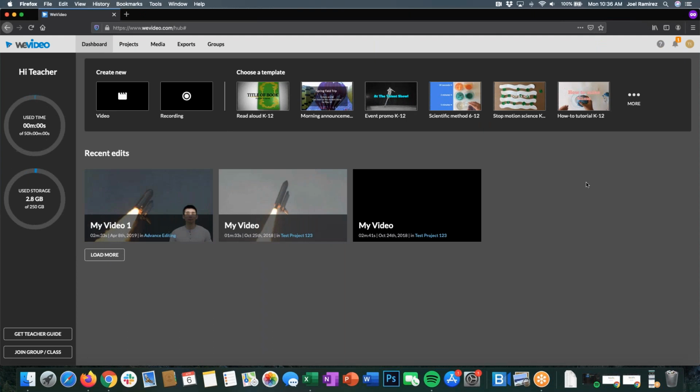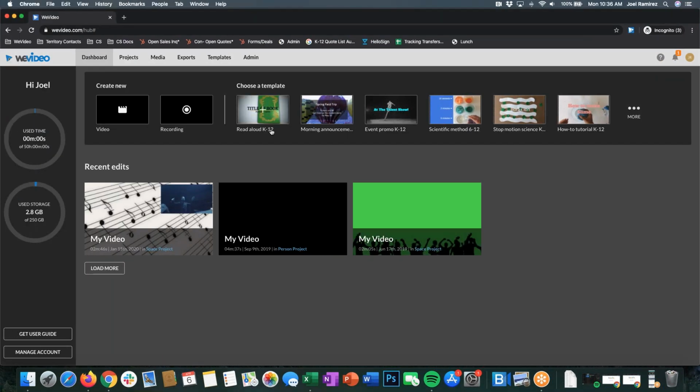Flipping back to the admin account here, I want to quickly go over the layout before we jump into it and go through the account setup process. So in the center, you have your most recent edits. You can think of these as shortcuts to the work that you've been doing recently. This will come in handy for students as they work on different projects for different classes. The ones that they've been working on the most or the most recent will pop in here in the center